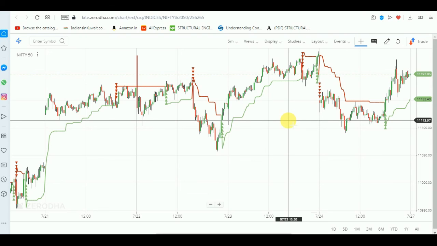Let us also see some examples of a winning trade and a losing trade. If we are using this Super Trend, how the successful trade will be and how the failure trade will be, like how it will make us win and how it will make us be in loss in the trading. So let us see some examples of it.